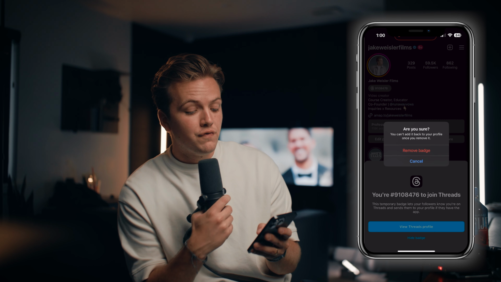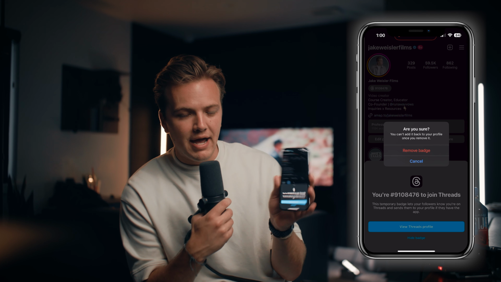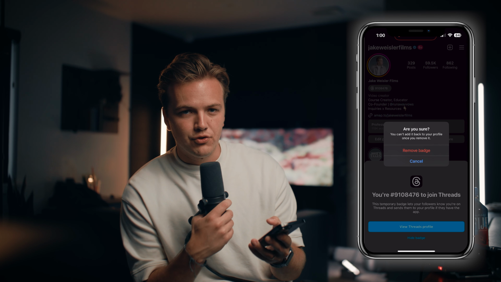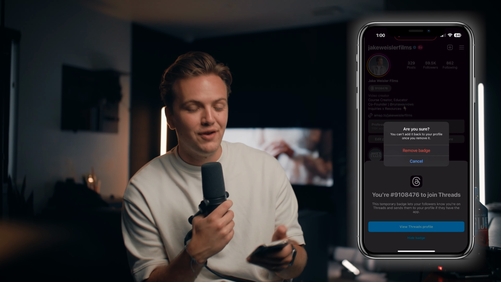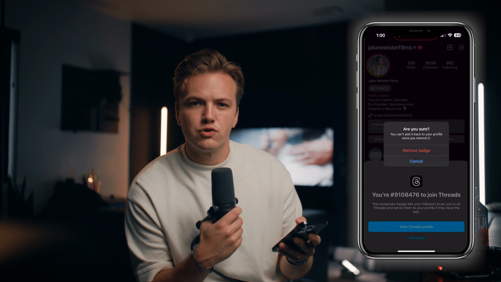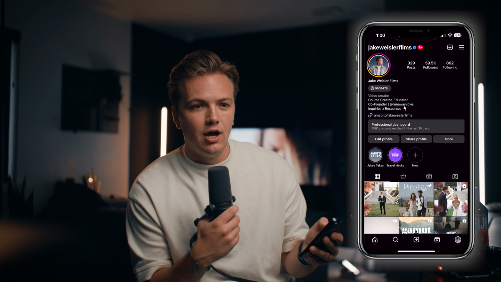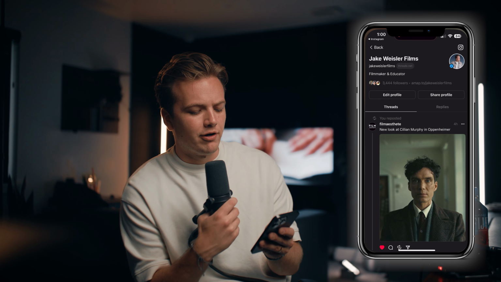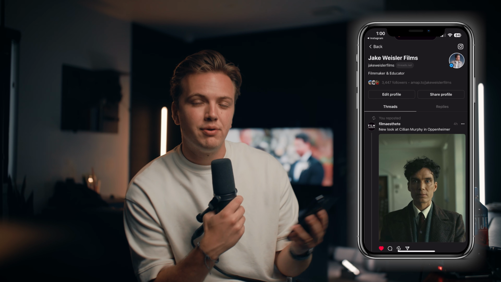But if you try to remove that button, you can by tapping and holding it down. But if you hide the badge, you have to hide it forever. There's no way to undo that, which I think is very strange because what if you regret that decision? I think it's weird to have an ultimatum in a social media app where there's a feature that you can turn on and off, but it's a one-time decision. So that's kind of weird. I do like the feature itself. I hate how it looks on my Instagram feed. So I put it as a con.